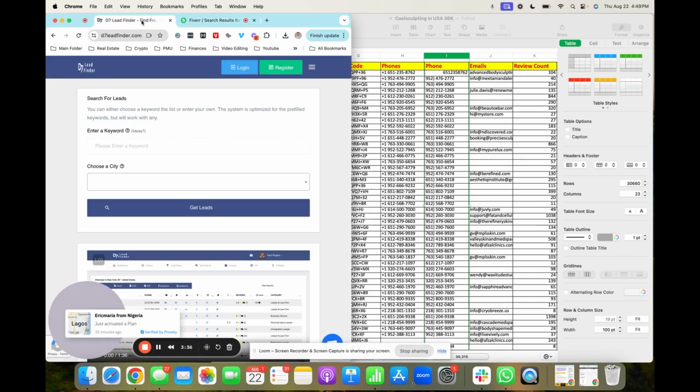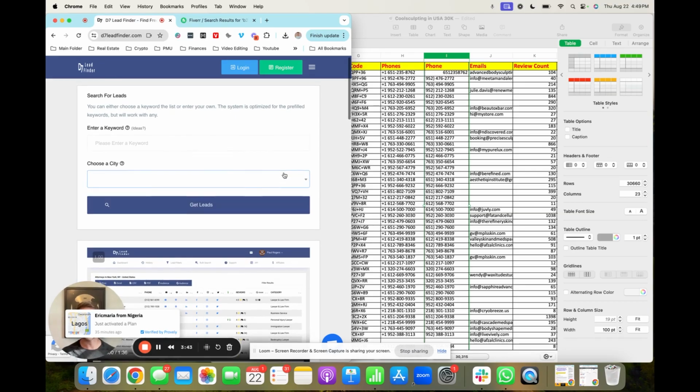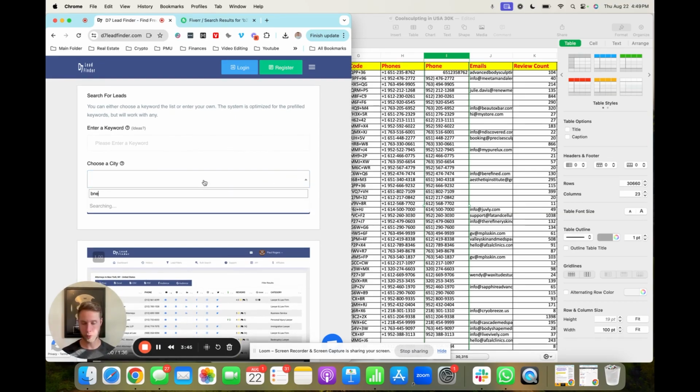The second way here is D7 Lead Finder. There are also a bunch of softwares out there you can use, but D7 is one I used to use back in the day, and it works really well. You choose your current city. So if it's New York,